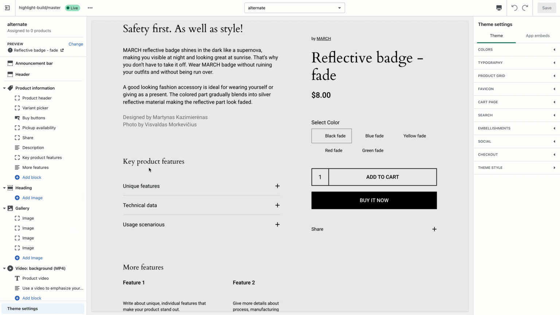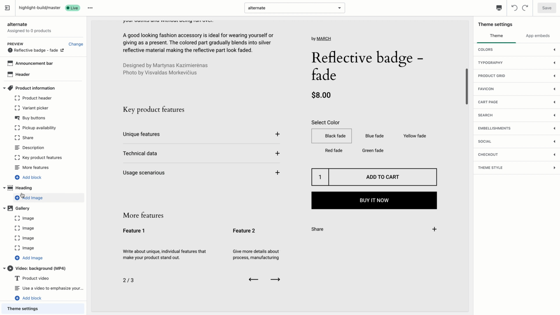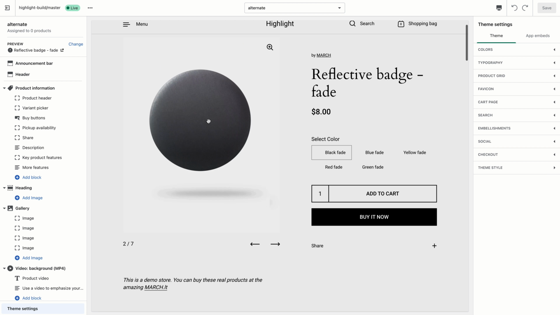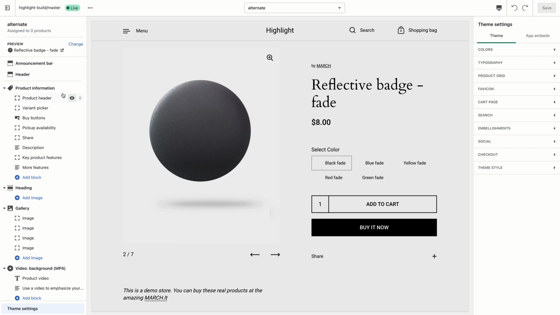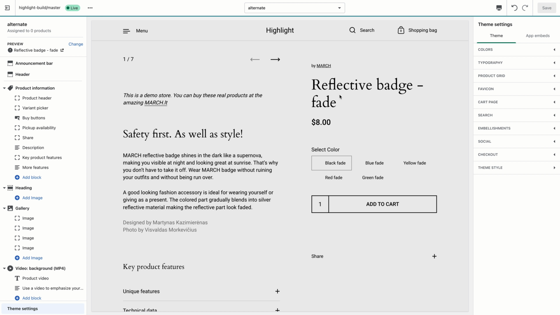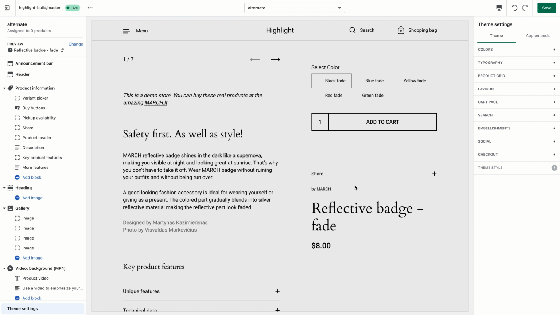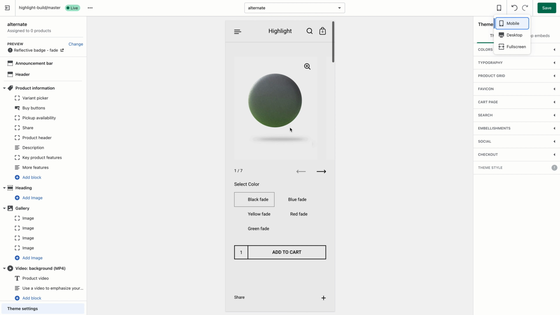Let's talk about these two sections here. These are static blocks actually in the product information, about which I need to say a few things first. So in the product information we have quite a few blocks. First we have the product header, which is this product header in the right, which you can move if you would want this. But then on mobile, the product header